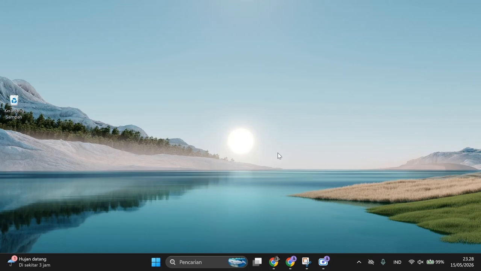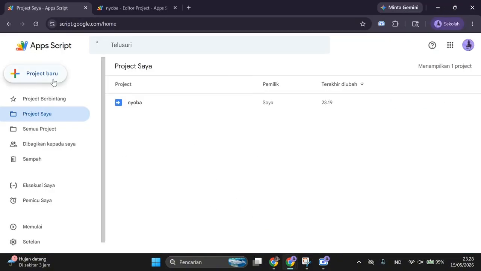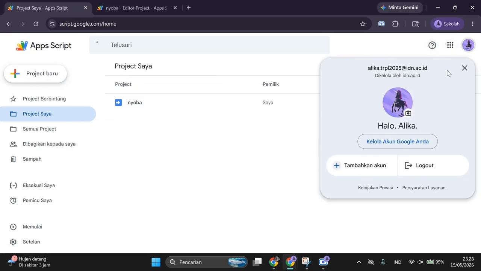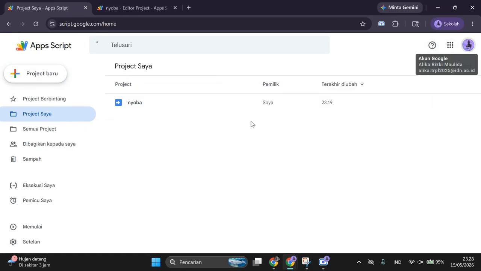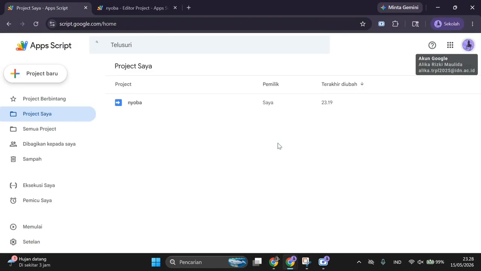For those who are new to this or haven't heard of it before, think of Google Apps Script as a lightweight, cloud-based version of VS Code. It lives directly inside your web browser and runs entirely on Google's ultra-secure servers, completely free of charge. This means you don't need to install any heavy software on your computer. Heck, even a low-spec laptop will handle this project like an absolute breeze.